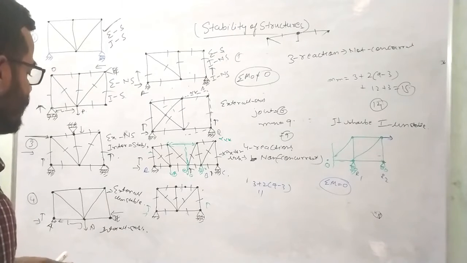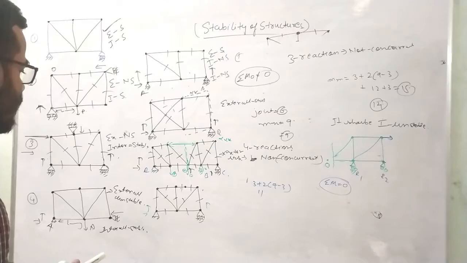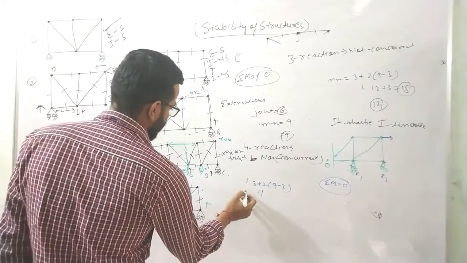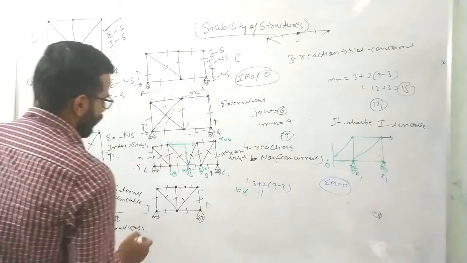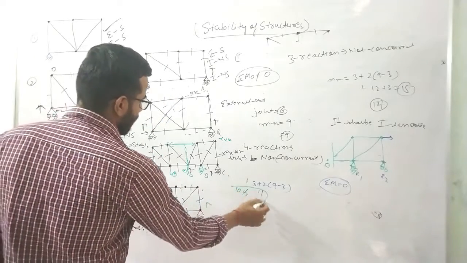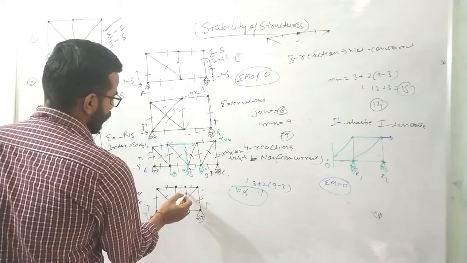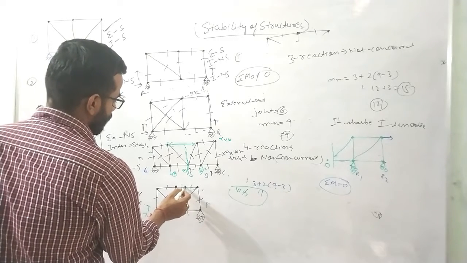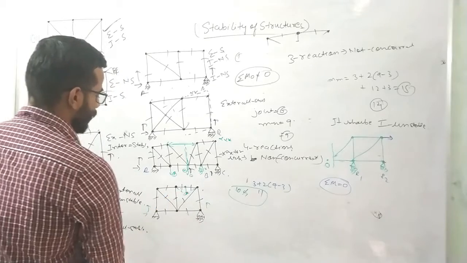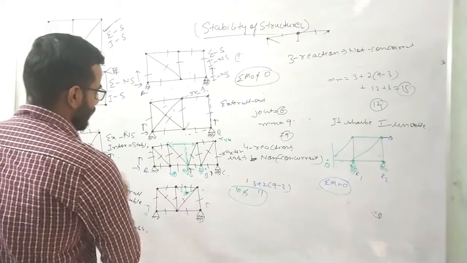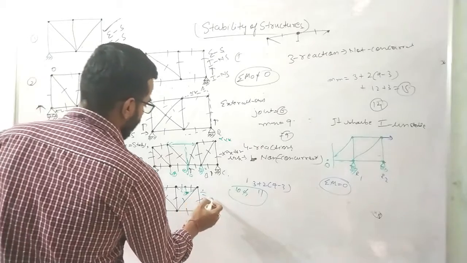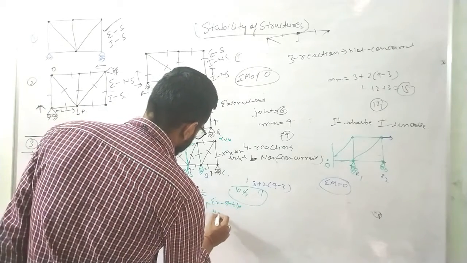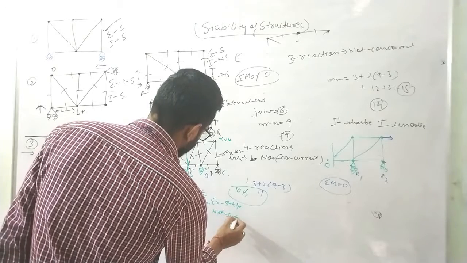So this is also an unstable structure, because the members provided equal 10. Or through this also we can say it is unstable. If I apply a load at this point, this truss will bend like this. There is no support here, this joint can't support this vertical load. So there is an appreciable change in geometry. We can say that this is externally stable, not internally stable.